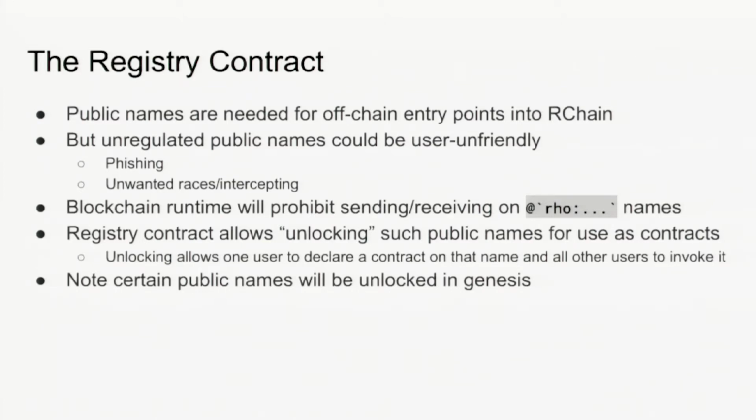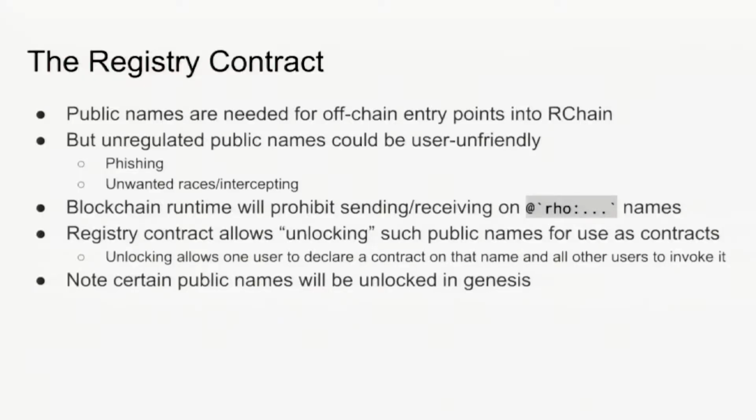So the registry contract allows you to do a lookup from public names to private names. It's just one giant map. And there are rules for creating entries in the map. Like Mike said, IANA, pub key, and hash, and we might consider others, but we will at least have those.